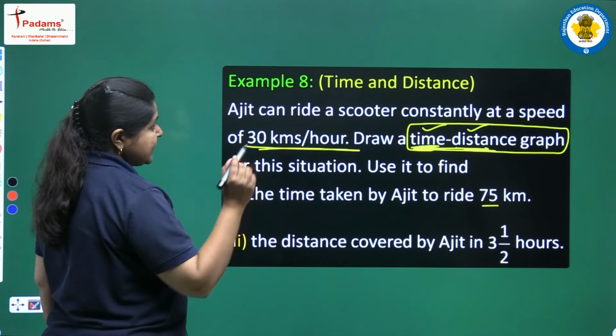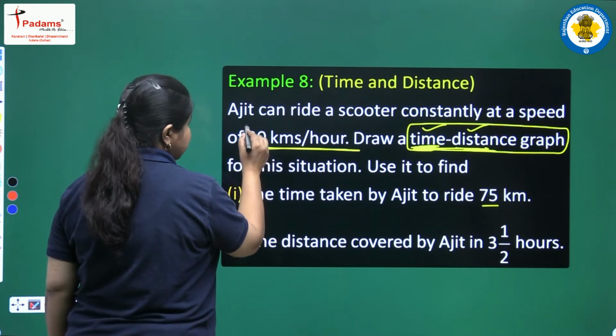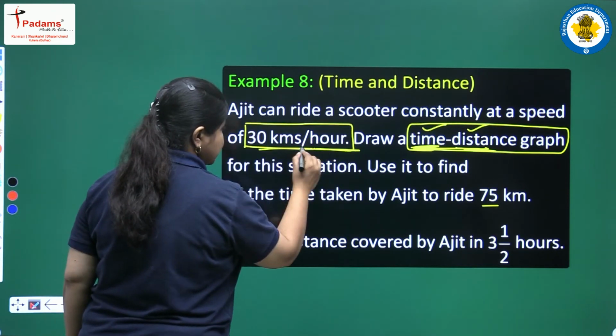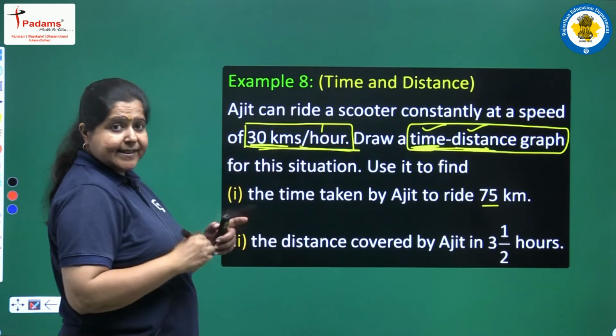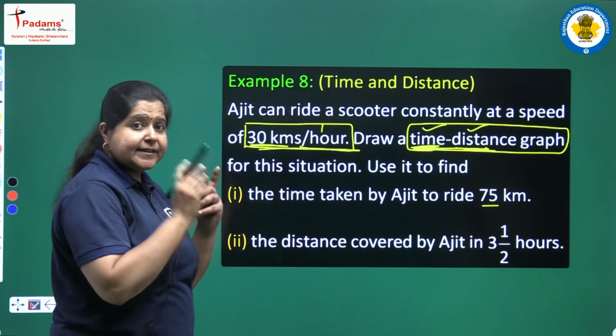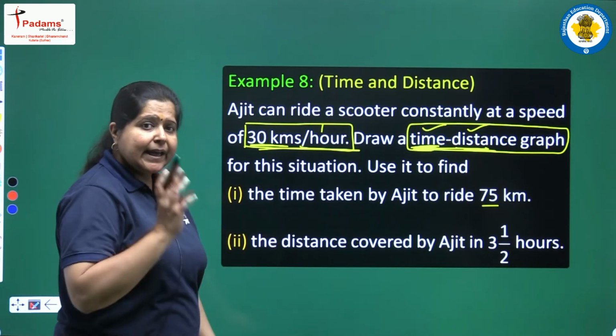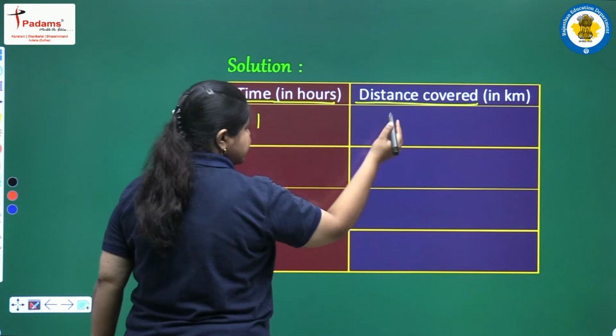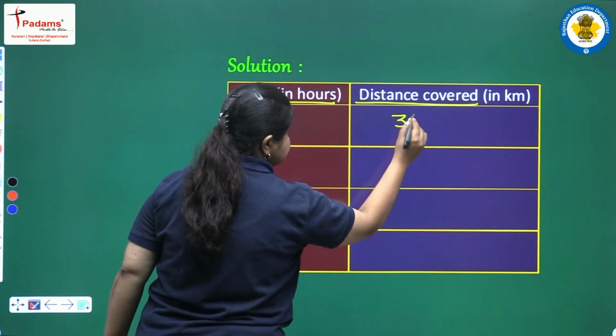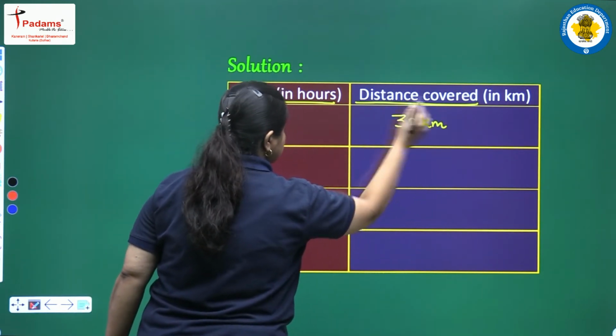अब यहाँ पर हमें क्या दिया गया है, speed कितनी दी गई है 30 किलोमीटर्स पर आवर. तो hours कितने हो गए 1 hour और डिस्टेंस कितना हो रहा है 30 किलोमीटर्स. इसका मतलब क्या है कि 1 घंटे में 30 किलोमीटर्स डिस्टेंस ट्रैवल हो रहा है. And now here we can write time 1 hour and the distance covered is 30 kilometers. ठीक है, this is 30 kilometers, this is 1